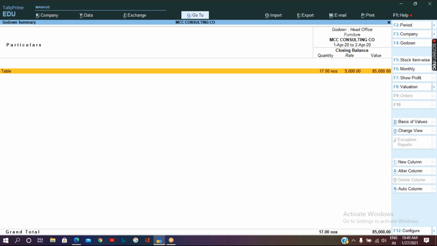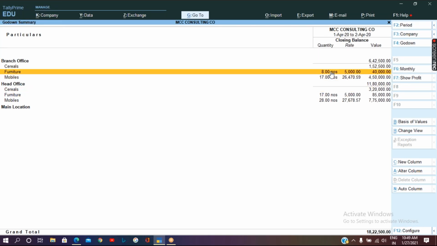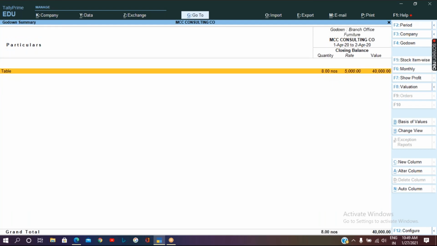So under the head office, you can see on top here the godown shows head office. I have 17 quantity. Whereas under the branch office, I can go and check it out. It is 8 quantity. Okay, so the table is 8 quantity.